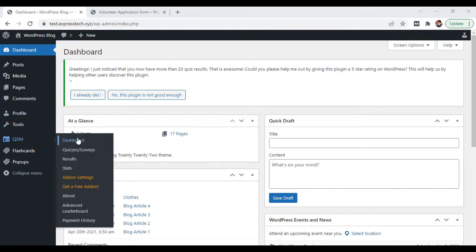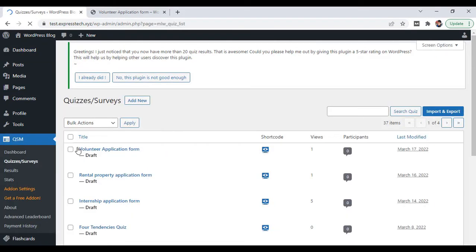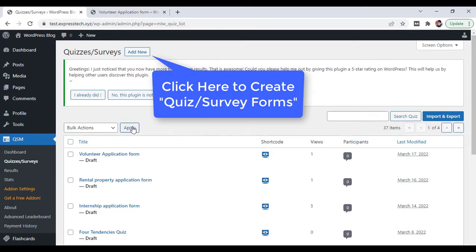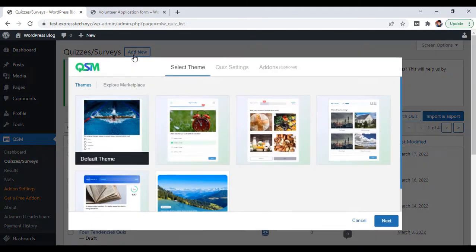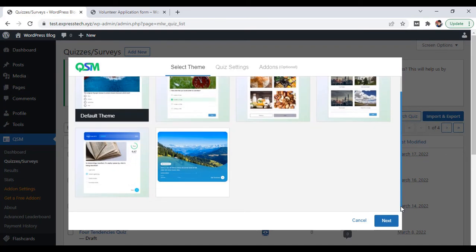Okay, so the first one, of course, let's hover over QSM and then click on Quizzes and Surveys, or rather Quizzes or Surveys. Okay, so once you click on Create a Quiz or Survey, the first thing we see is to select a theme for a quiz. Alright, so QSM has a collection of stunning themes, but for now, let's go with the default theme and then